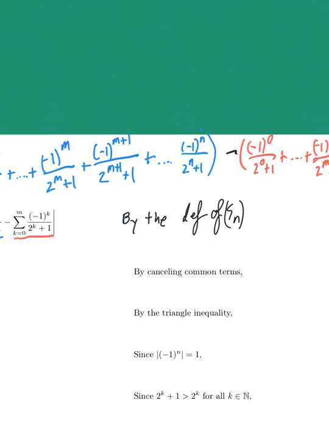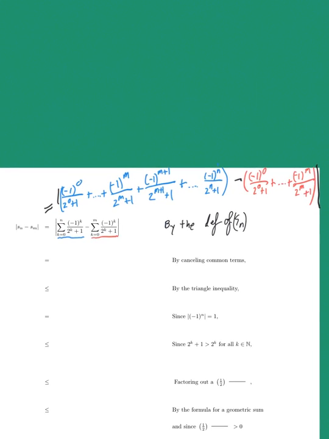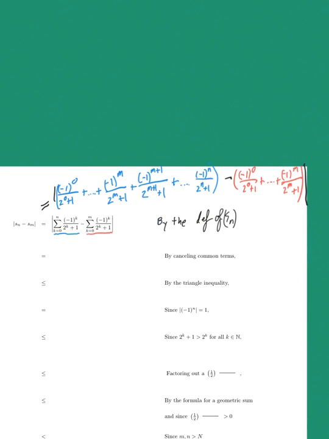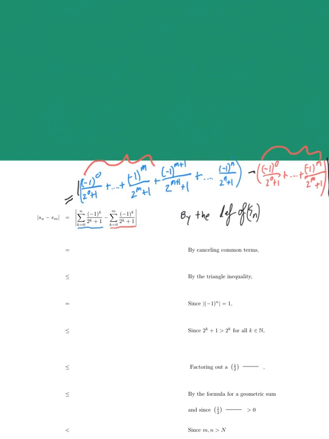But now if we zoom out a little bit so that you can actually see, this red sum is exactly the same as the first m terms of the blue sum, so we can cancel them because these are all added together and then the same thing but subtracted. So a bunch of terms cancel, and I'm left with,